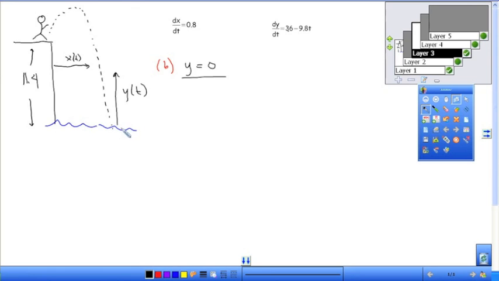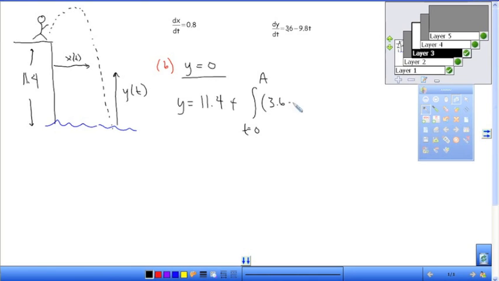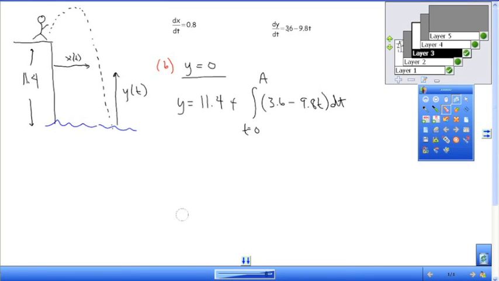Let's start off with our y equation here. If you remember, our y position is equal to our starting point, 11.4, plus a displacement, and our displacement will be in terms of y. So it'll go from 0 to whatever time, and we'll have the velocity in the y direction is what we're trying to integrate. That's my dy/dt. And this question asks me to figure out the value of a when the y value is 0. And so if I replace my y with 0,